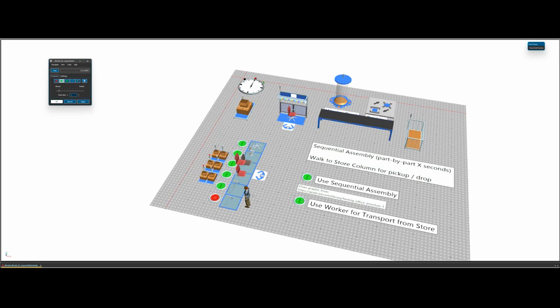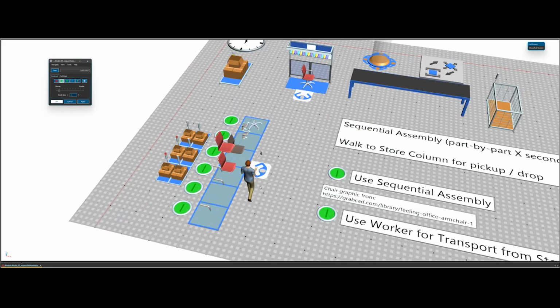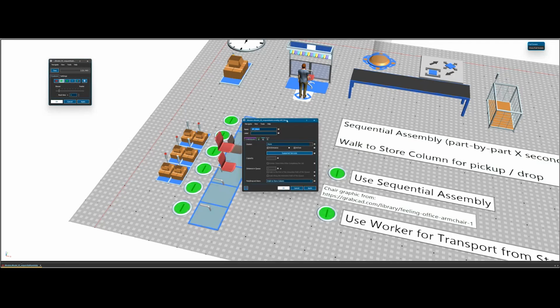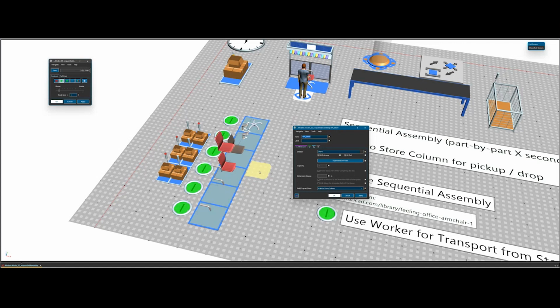Then something else that you see him doing here when he's picking up the parts, he is not walking to this workplace here, or at least the animation is not walking to this workplace, because the store, or the combination of the workplace and the store, now has a new option where you can define how the worker should be walking when he's picking up parts or dropping parts at the store.